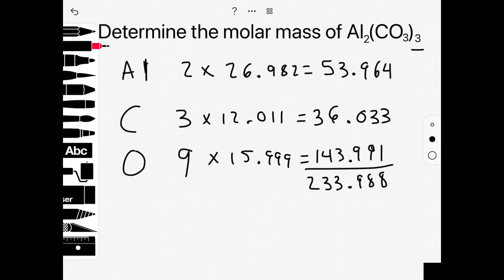Now remember that when you take the mass from the periodic table, you get the mass in atomic mass units, but in this case, as we are determining the molar mass, we will take into account that the mass in atomic mass units is equal to the mass of a mole of each one of the elements. So it will be, in this case, the mass of a mole of the aluminum carbonate. So we will mention that this is 233.988 grams per mole,